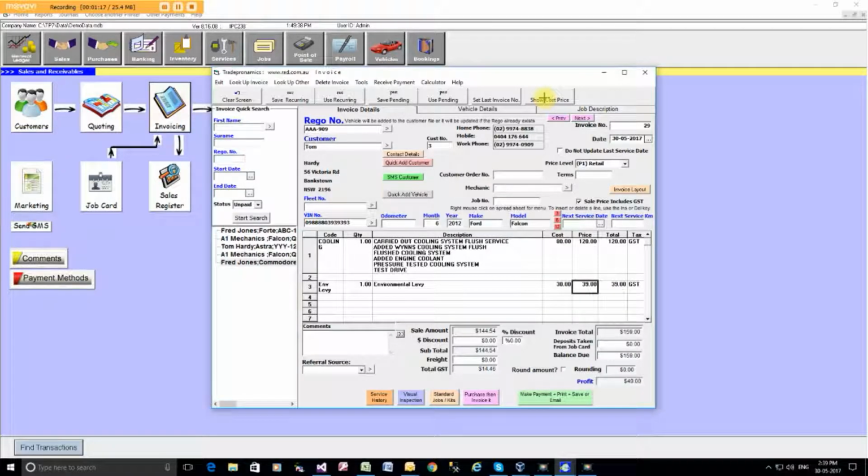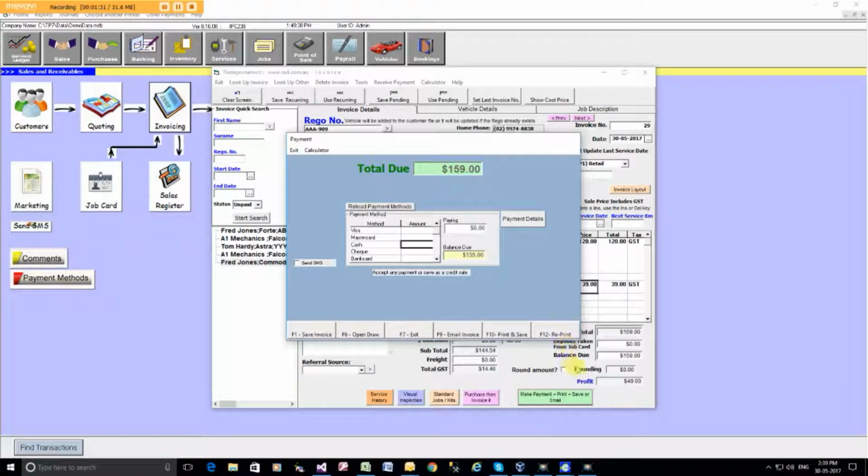Okay, because you don't want to show the cost to the customer if he's looking at the screen, so you just hide it by clicking on cost there, and it hides the cost and the profit. Okay, so I click, hides it, click again, it shows it. And all you do is you save the invoice. Once you save it,